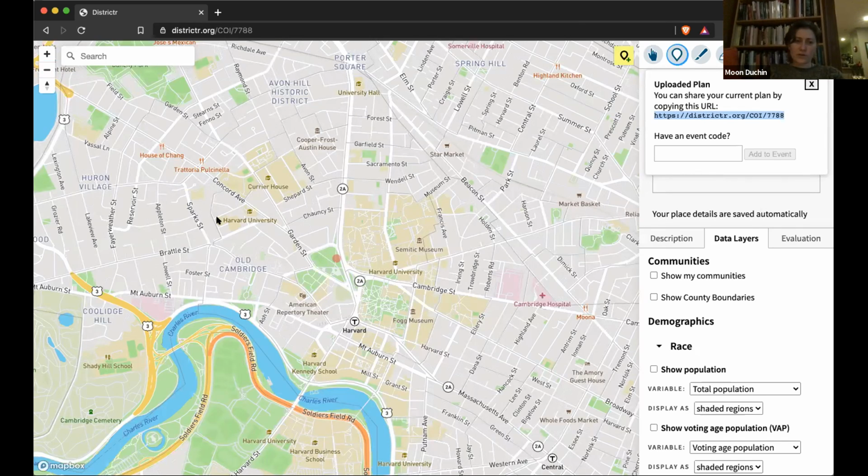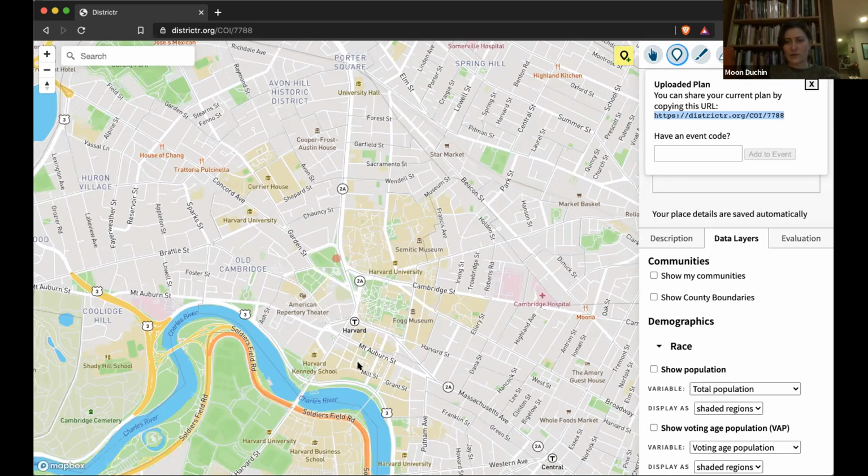And I'll do this when I end my share. I can drop that in the chat, and then by clicking on that link, you can go into my map and use it as a starting point and maybe add to it or change the boundaries a little bit to make your own. And that's a way that, even though COVID has made us all pretty isolated and it's a lot harder to have an in-person public meeting than it used to be, you can still have a shared mapping experience, by sending these maps around and building on the work of